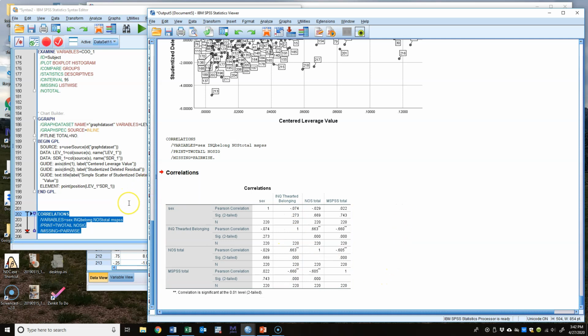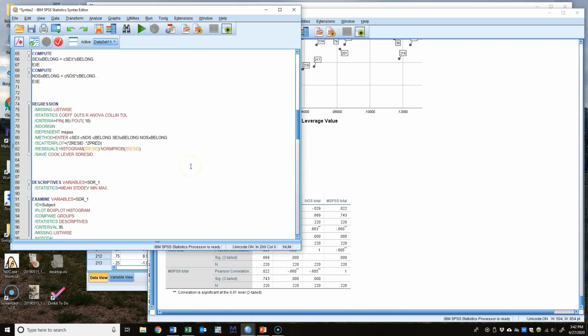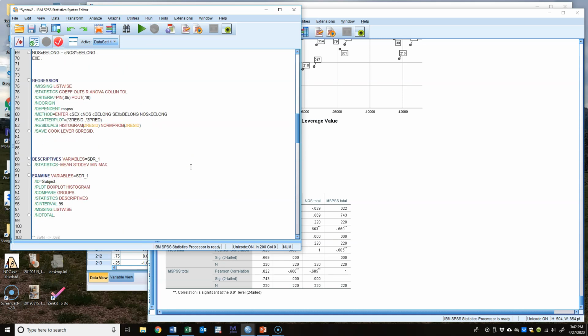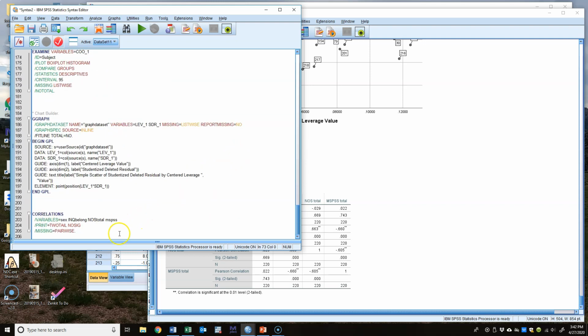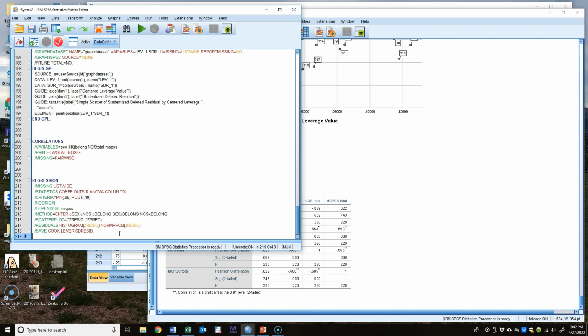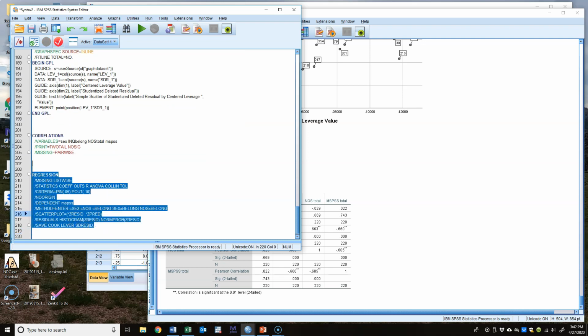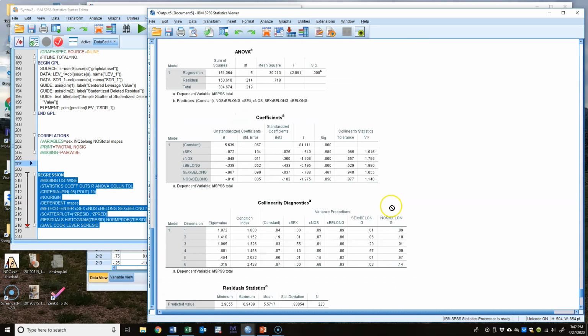Okay. Last thing I want to do is way back at the top when we ran the full regression model to get our residuals and all that stuff. We had also requested collinearity diagnostics. I'm just going to go through because I don't want to scroll through my output and see that again. So I'm just going to run the whole model again and take a look at my collinearity diagnostics. Okay. So again, for NOS and belonging, those were the two variables that I saw had a pretty high bivariate correlation. This is popping up in terms of my tolerance levels. Remember that